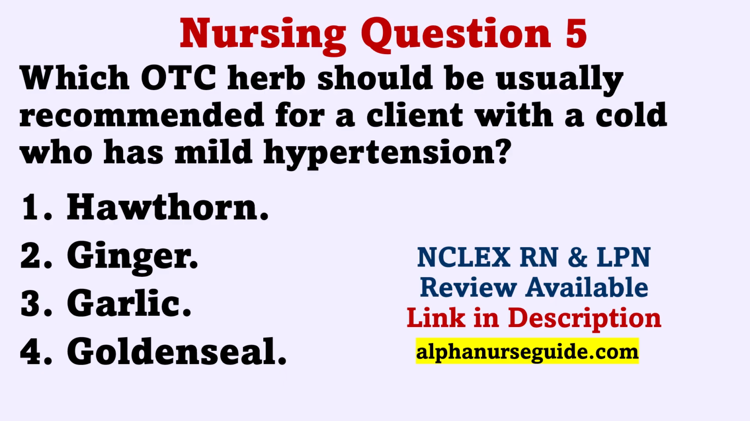The correct answer is 3. Garlic. Garlic is used for colds and the flu and can also be given for hypertension. It causes mild vasodilation and will not make hypertension worse. Hawthorn is used for mild hypertension, congestive heart failure, and angina, but it does nothing for a cold or the